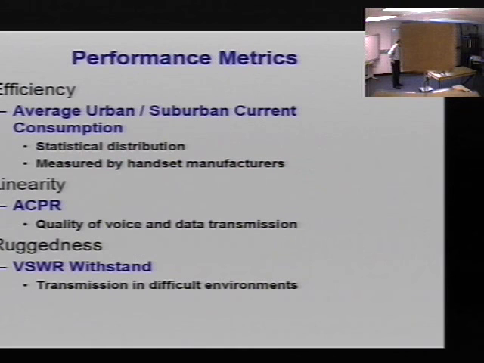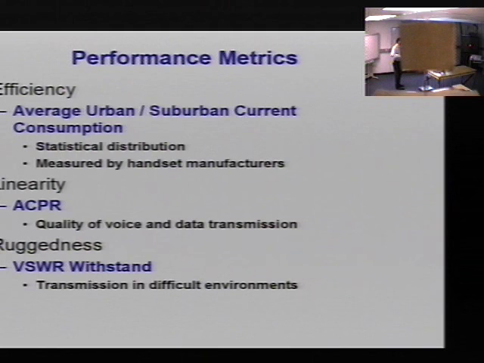Because the power distribution is Gaussian, the probability distribution function gives an average for the distribution for the urban and suburban environments, and comes up with an average urban and suburban current consumption for the cellular environment. The handset manufacturers use this rather than just peak power efficiency, because you're not at peak power all the time, and especially for CDMA, you're backed off maybe 15, 20 dB from the